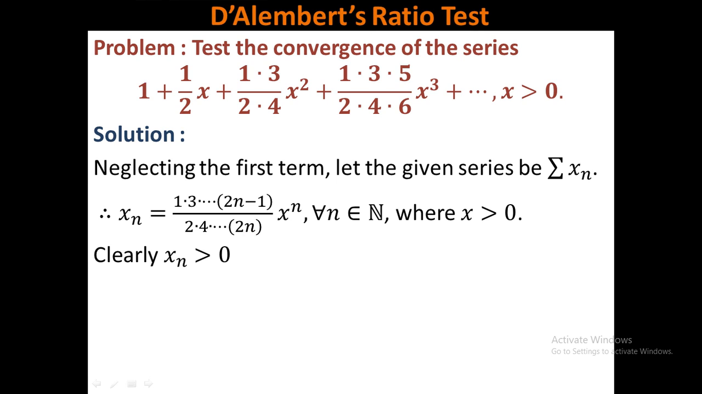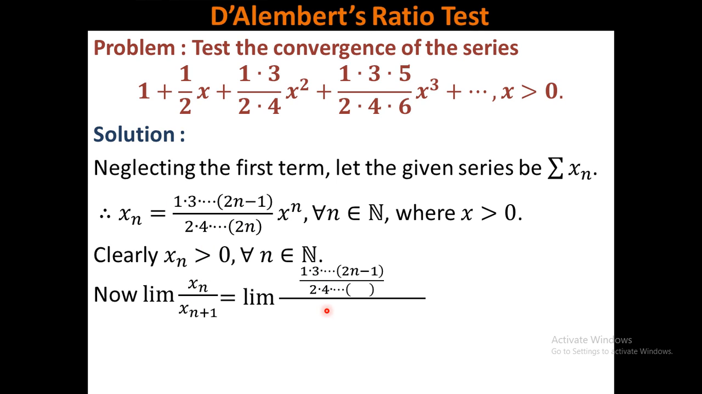However, xn is greater than 0 for all n belonging to natural numbers, that is, the given series is a series of positive terms. You have to mention the series is of positive terms because to use D'Alembert's ratio test you have to take a series of positive terms. Now the limit of xn upon xn plus 1 is,